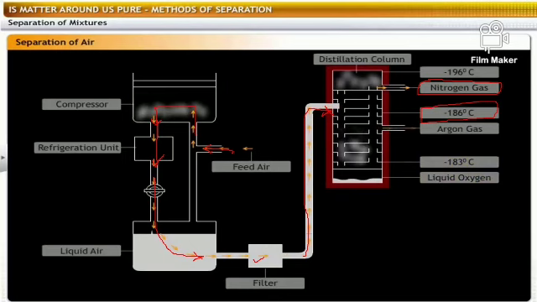So we will get liquid oxygen at the bottom. Why? Because this column has very low temperature. You can see the temperature is also minus 183 degrees Celsius for oxygen, for argon minus 186 degrees, for nitrogen minus 196 degrees Celsius.